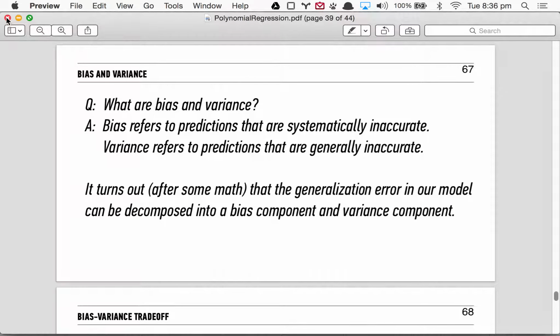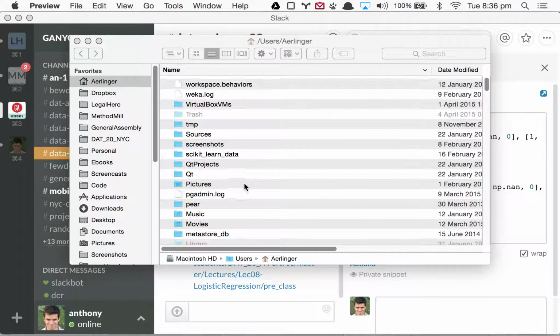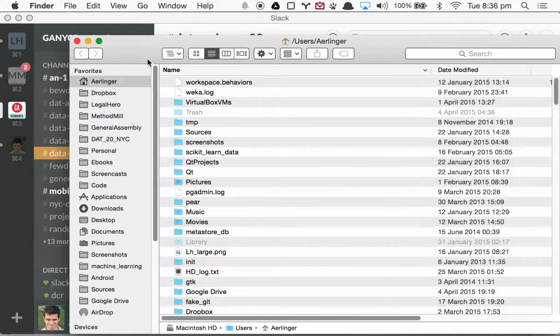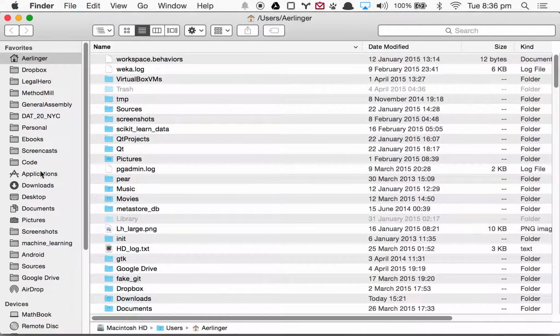So I want to cover the example, or at least the pre-course homework that we discussed, or that I sent out on Slack yesterday. Before I get into that, I want to